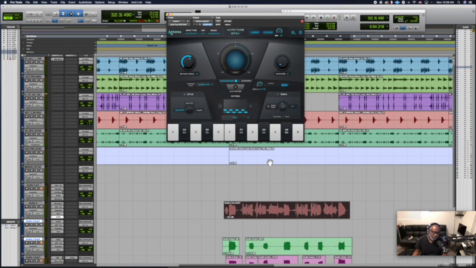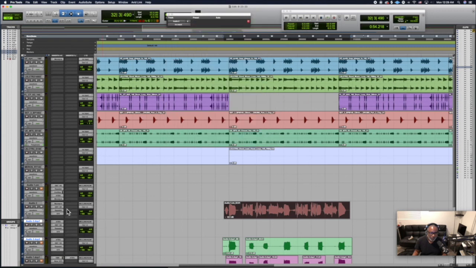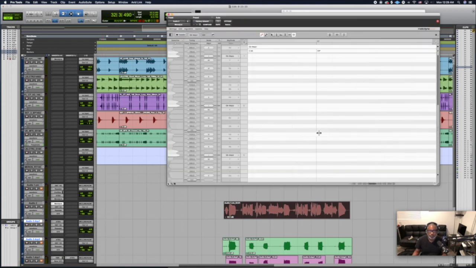And it's all right. I can keep it or not. It doesn't really matter to me. But that's basically how you tune things in Melodyne. Now I'm going to take it off, go back to Melodyne and show a couple things. Let's say